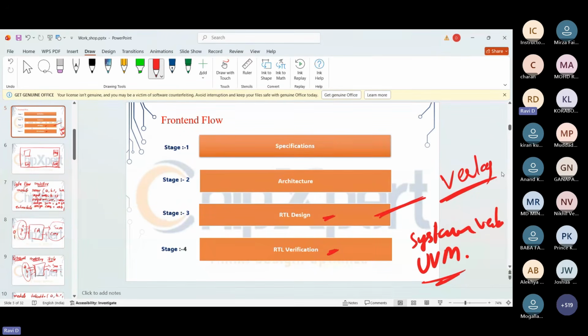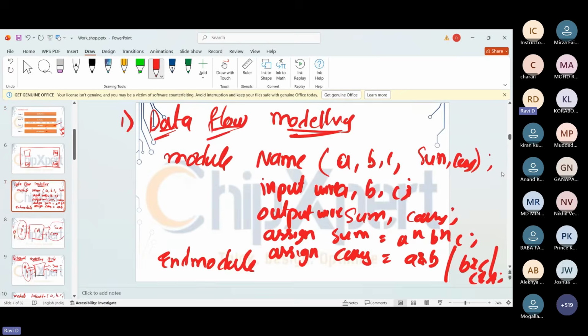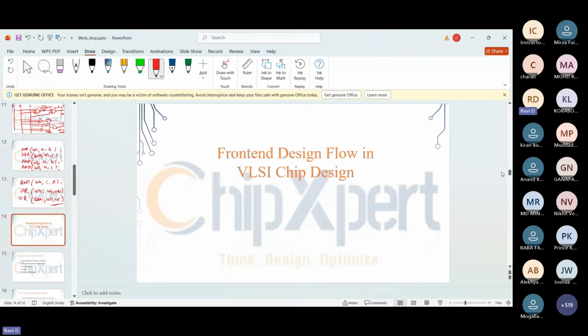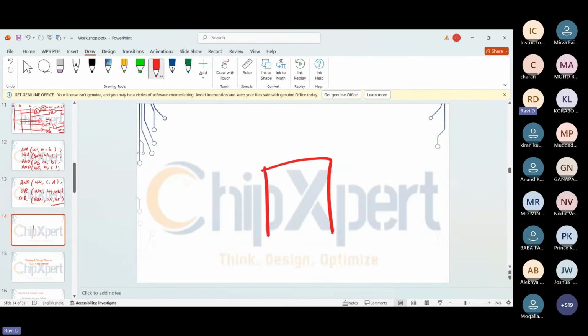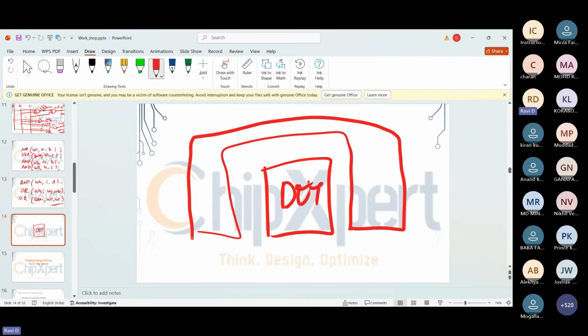What SystemVerilog provides over Verilog is modularity. Usually in Verilog, how do we test our designs? Look at the basic architecture diagram of a Verilog design and test bench. If this is your design, my DUT, we add one more block above it, which we call a test bench. The design is one block and the test bench is another block.